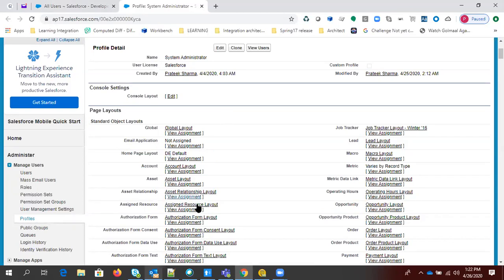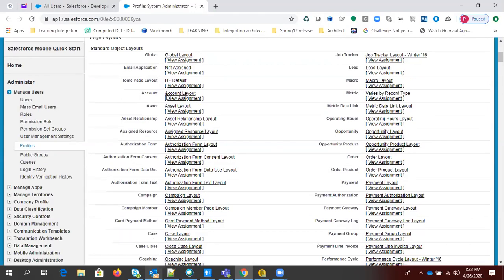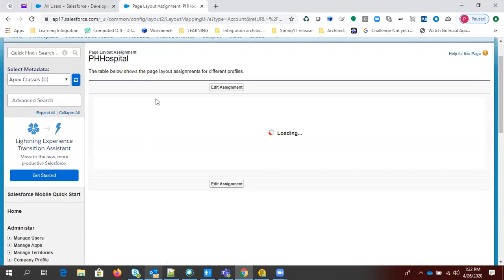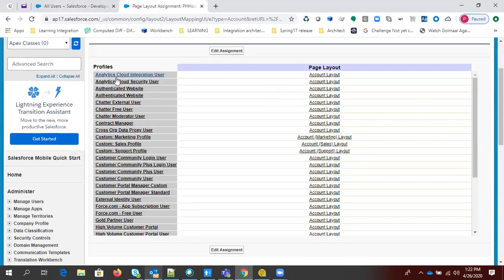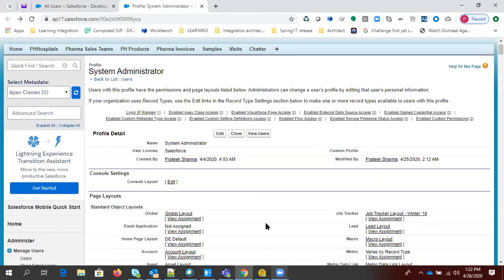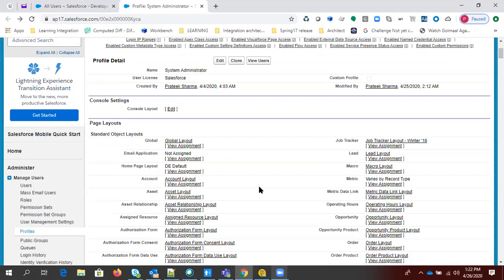Let's say Account has different page layouts. You can see what all the page layouts assigned for this particular profile are, and the assigned page layouts for different profiles. If you want to change the assignment, you can simply click on Edit Assignment and change that. So you can decide which user will see which page layout for that particular object, and you can change that directly from the page layout section, right?